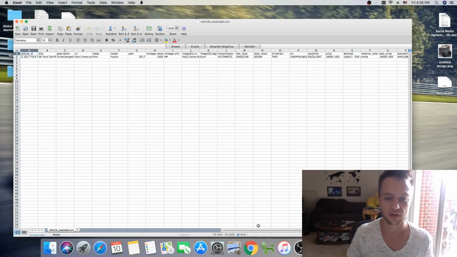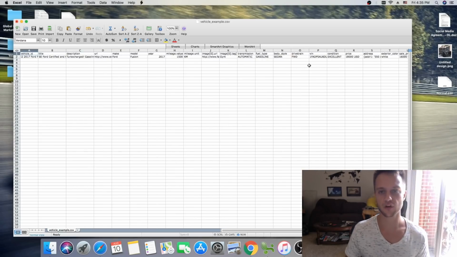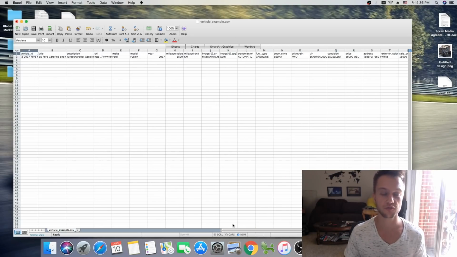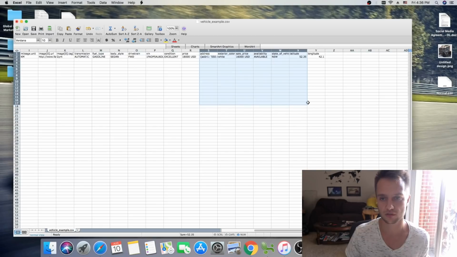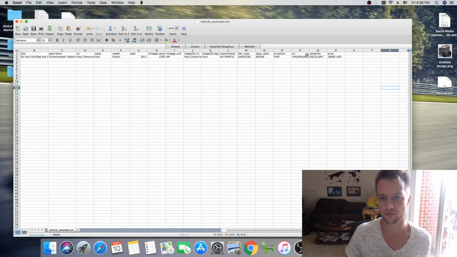And now, what you need to do here is very simple. As you see on these columns A, B, C, D: vehicle ID, title, then description, and I'll explain right now how important this is, and that actually you don't need to use all of these columns. So you don't need to fill out every single column in this template. What I usually do is get rid of at least price. So we just do like that, click delete, and then VIN, I usually delete this VIN number,